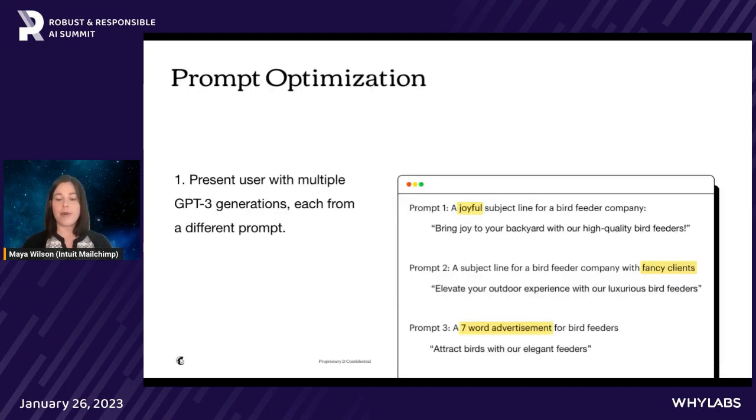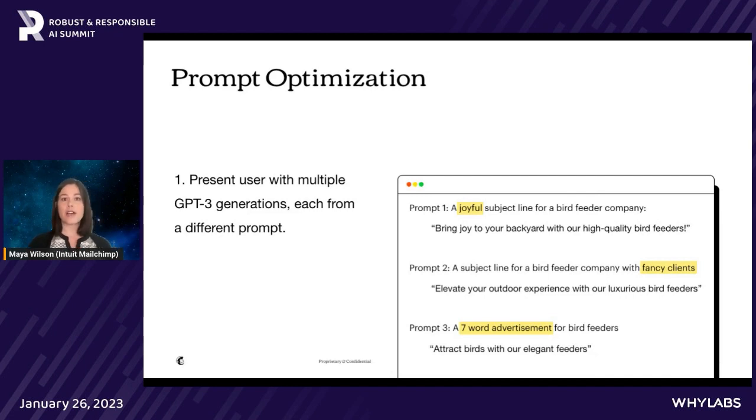Okay, so what does this look like in practice? Well, I talked about how we're using OpenAI's model, we're not fine tuning it. But what we do is experiment with different ways to ask, different emphasis, and different prompts. And so this is a way that we can get at personalization without necessarily needing to train on a user's own data. Something we think about a lot at Mailchimp is a user's brand voice. So, for example, we might ask for a joyful subject line for a bird feeder company. And all right, we get a joyful subject line.